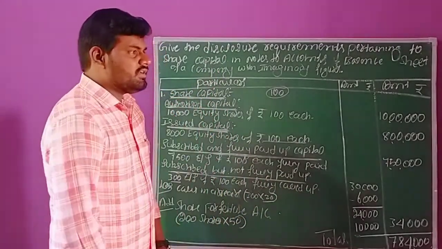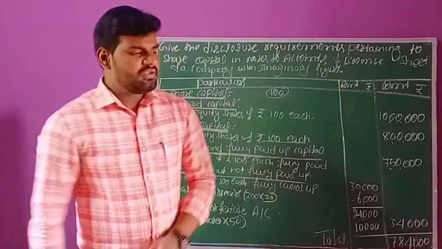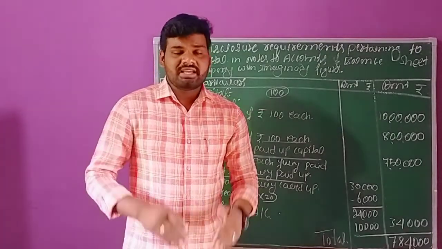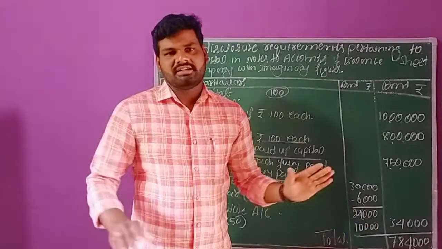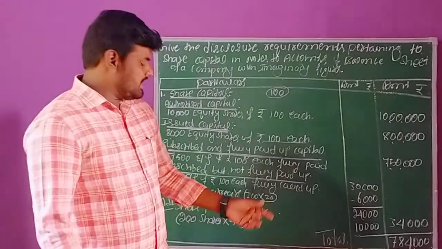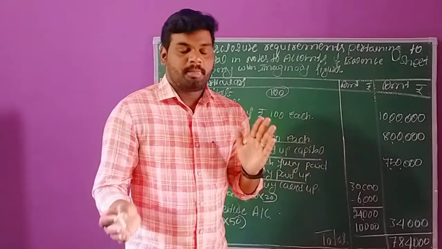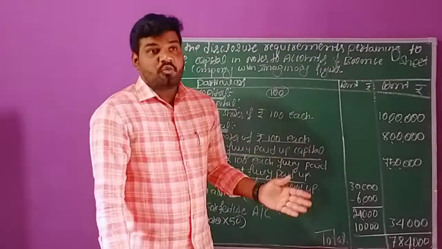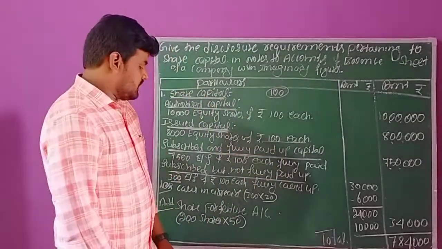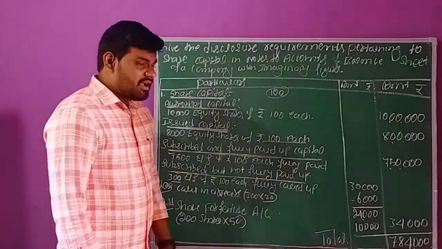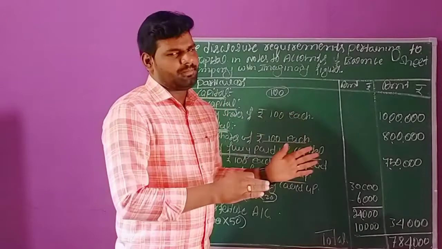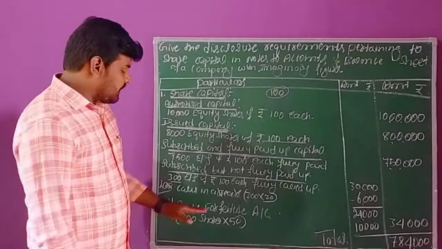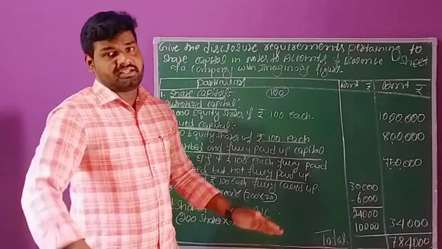The next one here, in the company the directors, when the public have not paid for the shares, in that situation they decide to forfeit these shares, I mean cancel these shares and reissue these shares to prospective buyers. Prospective buyers means those who are really interested to purchase these shares. For them they are reissuing again, at a price of rupees 80 or 40, whatever it may be. But when they are reissuing in that situation, share forfeited account, I mean share forfeited is already credited to the company, right?